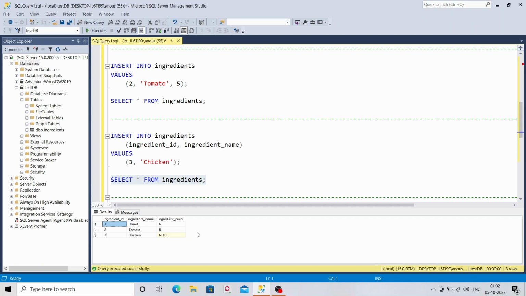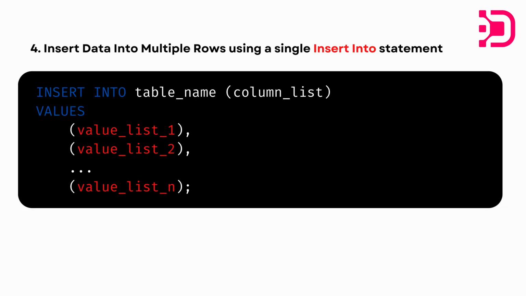So here we've learned how to insert data into specific columns of a table only, and then we can finally take a look at another interesting use case of the insert into statement, which is inserting data into multiple rows of a table but using only a single insert into statement. So let's look at the syntax,